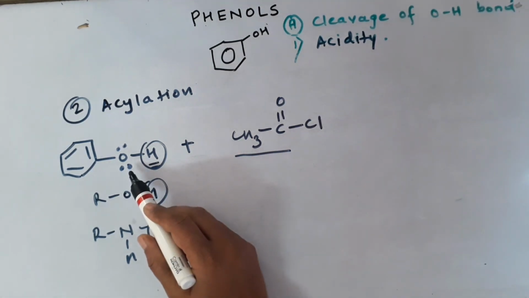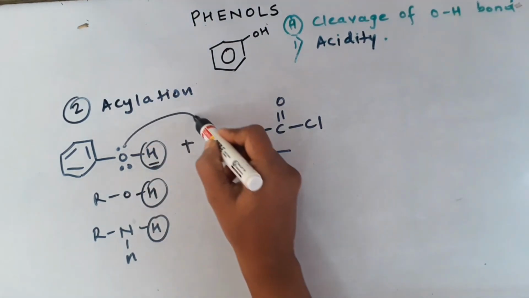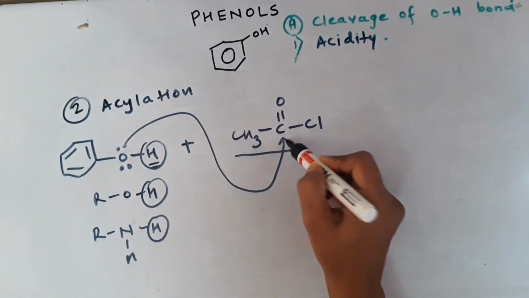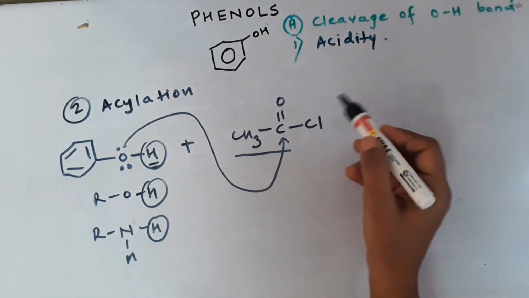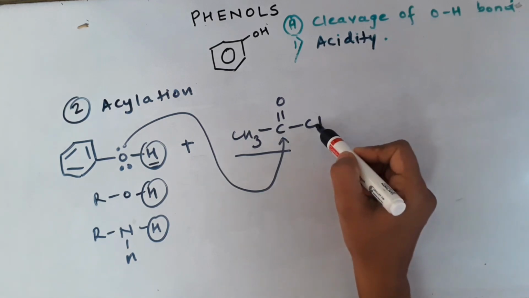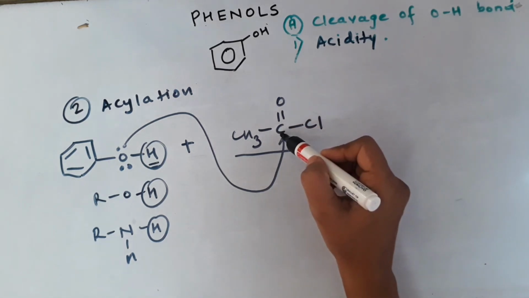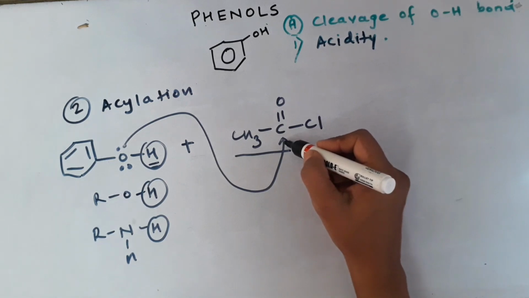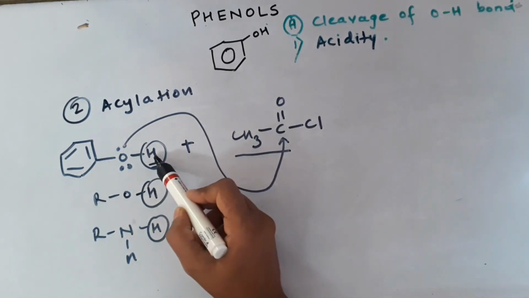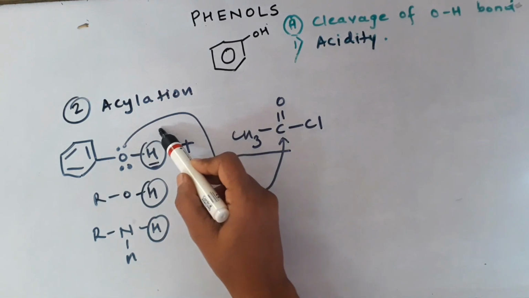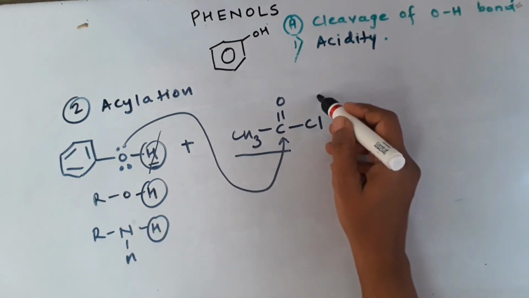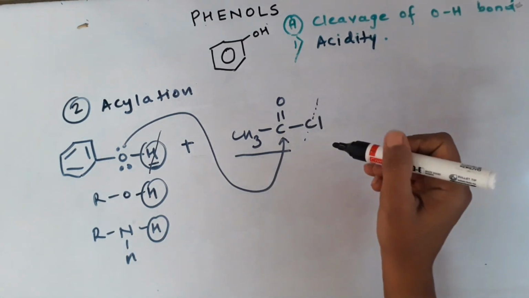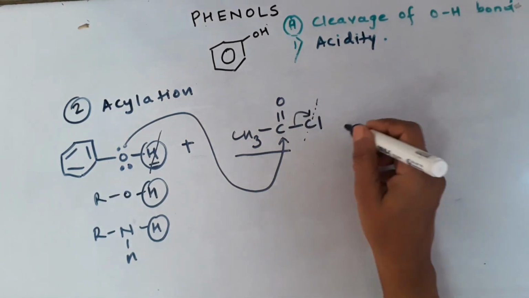Right now I am going to do the acylation of phenol. The lone pair is electron rich. It will attack the carbonyl carbon because it's positive. By now I think you must understand what is positive and negative here, because the carbon is attached to electronegative atoms. Naturally it will be positive. Once the attack takes place, you must remember the hydrogen next to the oxygen has to go out in the next step. So you can just in your mind strike off this hydrogen atom as H plus, and whoever is being attacked, the neighboring fellow has to go out as the best leaving group. So Cl minus will be going out here.